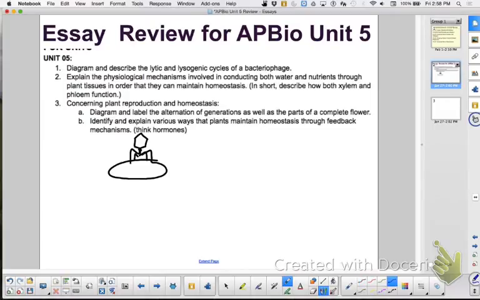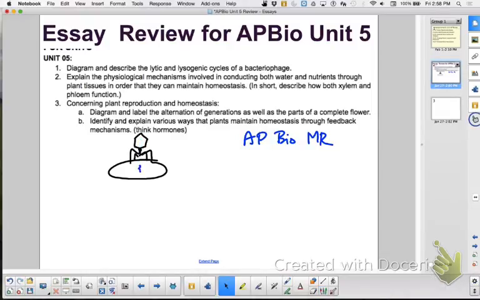Okay, and then I would say, and what was the phrase we used for this? APBio, mister. Okay, attachment, and then now I've moved it, if I do this, penetration, right? And then biosynthesis. So now I'm going to make a bunch of these pieces in here, and I would draw it so I could see all the individual pieces. I'm doing it very rapidly, but you would do a much better job, right?